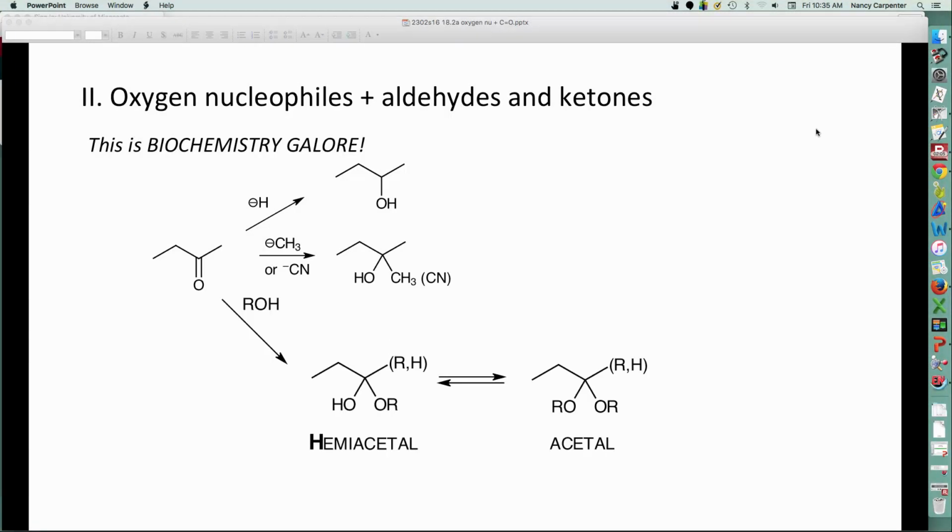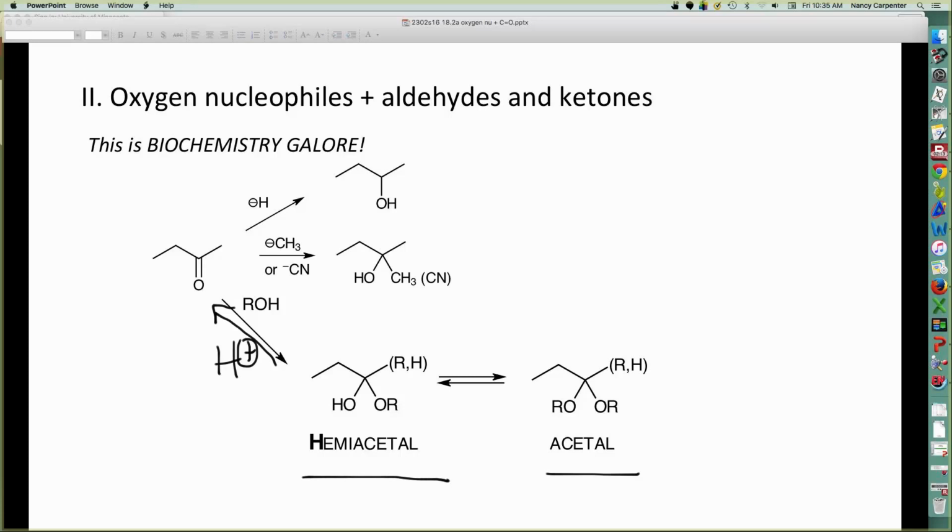Now what we look at is the soft nucleophile alcohols in particular. Alcohols add under acidic conditions to the carbonyl electrophile in a reversible fashion to give you first the hemiacetal and